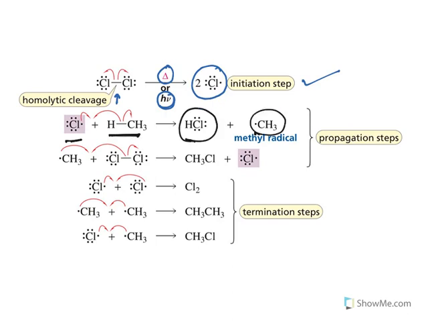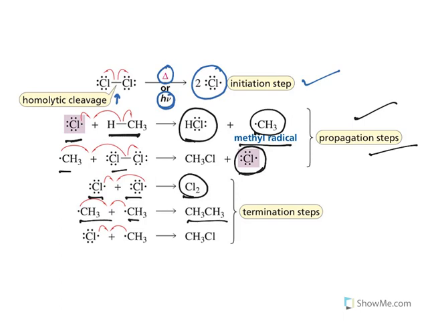Either it will form a radical or it will form a neutral molecule. Look at this. This methyl radical again forms one more halogen radical. So these are called propagation steps, which will enhance the reaction ability. Now the termination step: two radicals may combine and form a neutral species. This is what happens. So this is how the reactions will take place.